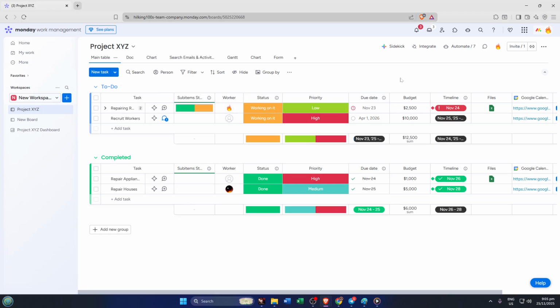By the end of this guide, you'll know how to confidently roll back mistakes and keep your boards organized, even when things don't go as planned. Let's jump right in. The first scenario we'll cover is undoing changes to an individual item, like a task or